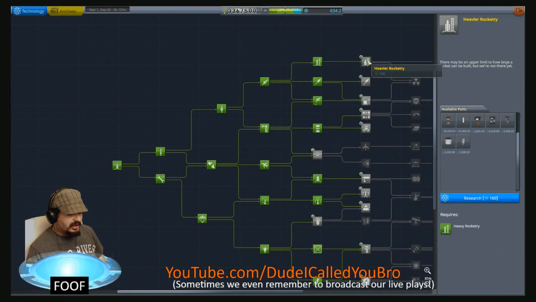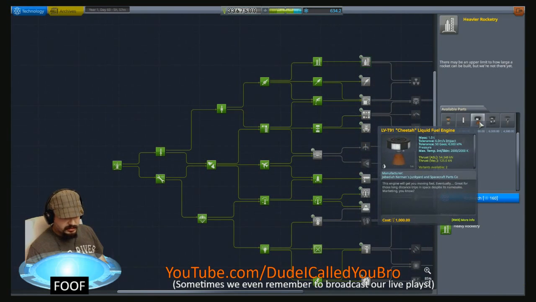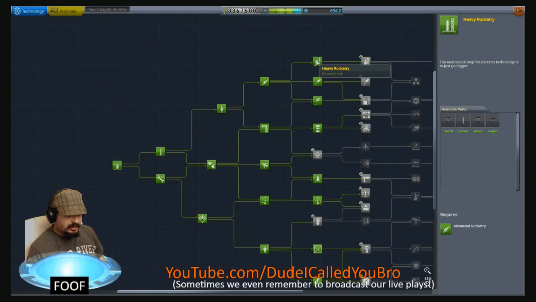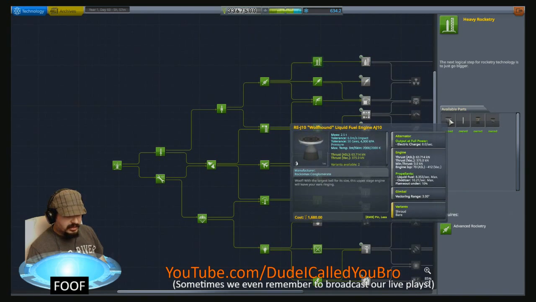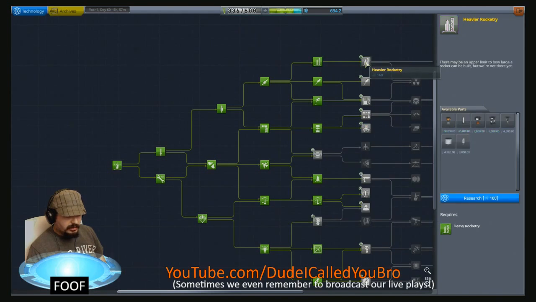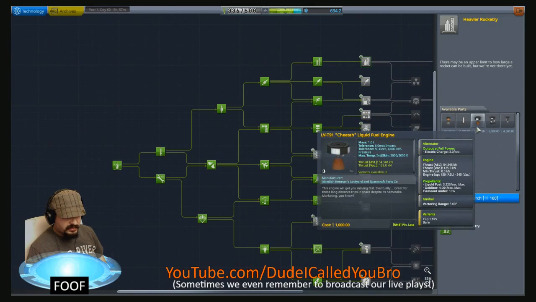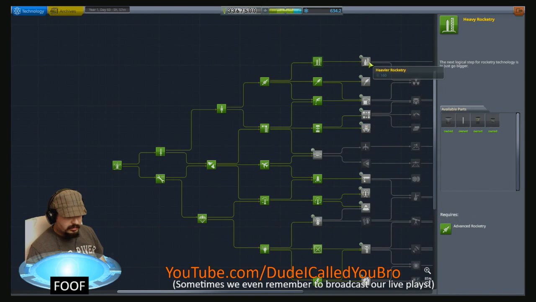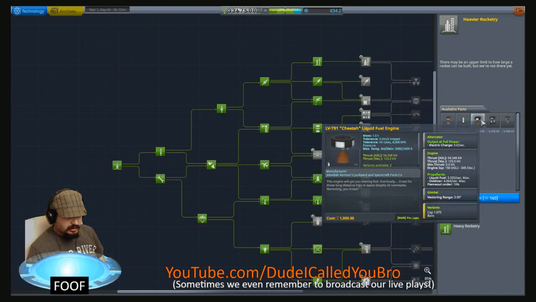Now I've got 634 science to spend, so I've got a lot of science to spend. So we can start looking through a couple other things. The Cheetah is kind of pointless. We've got the AJ-10, which we can cut down to the same diameter. It's got a higher engine ISP in vacuum. The benefit of the Cheetah would be that it's slightly better at sea level. Double, actually, at sea level. So it's a little less crap